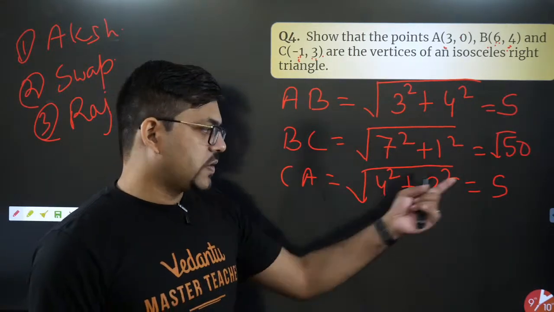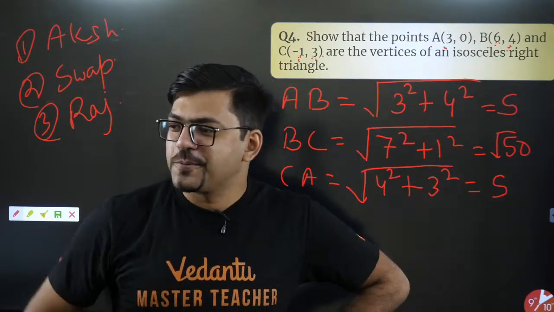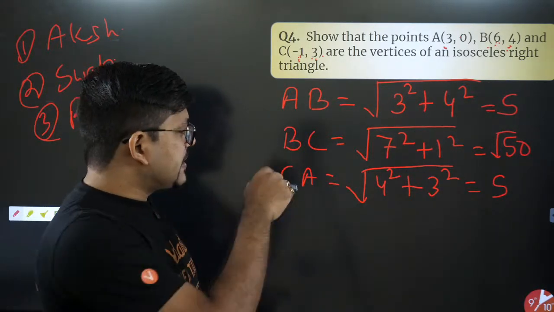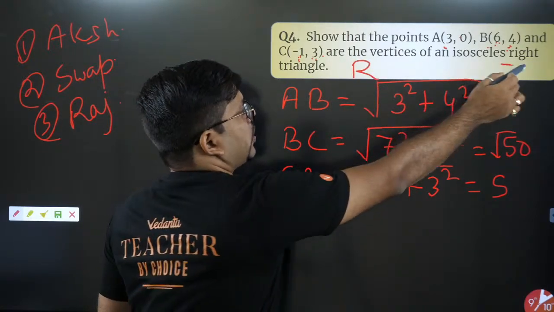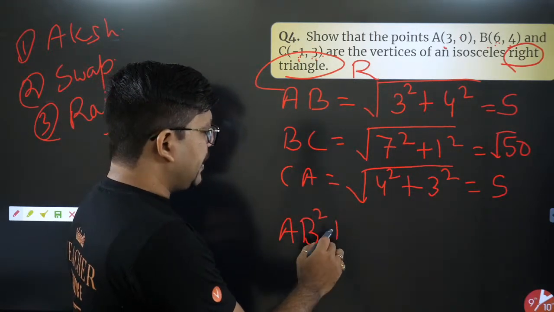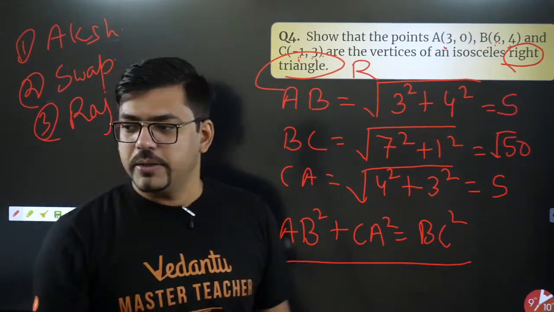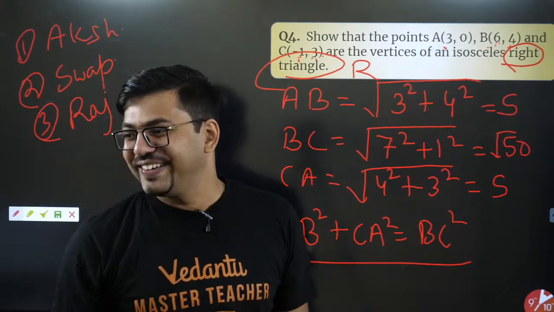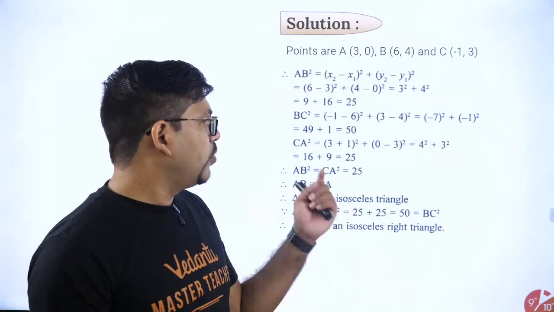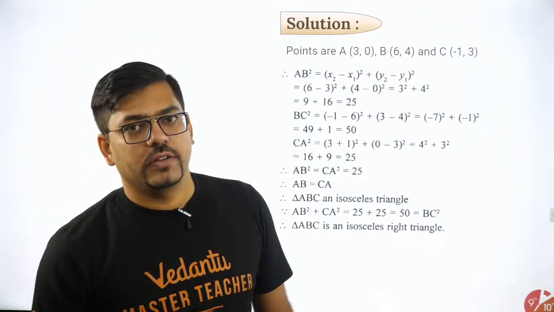Oh yeah, side length CA is 5 and this is root 50, this is 5. So 5 square plus 5 square, 25 plus 25 is 50. And are you able to understand one more thing, that this is not only isosceles, this is rather even a right angle triangle. Okay, sorry, in fact we had to prove that it is a right angle triangle. So we are able to prove why? Because if you do AB square plus CA square, you are getting equal to BC square. Are you getting it or not? Quickly tell me. Hence proved, absolutely, hence proved. Chalo, if everyone understood, that's great. So let's see the solution. Same thing what we did. 25 for AB square, CA square is 25 and BC square is 50. The same what we did.